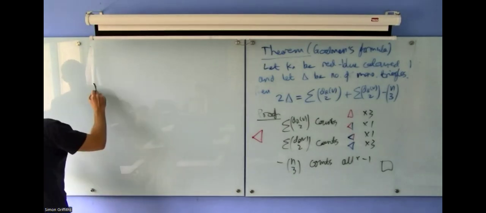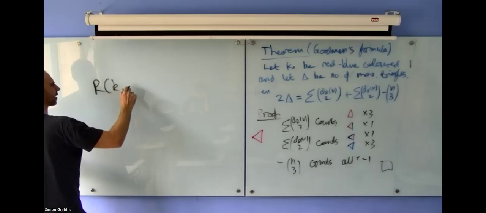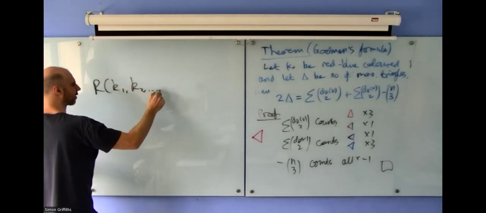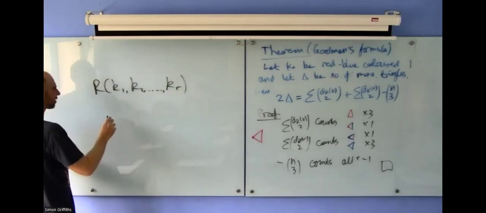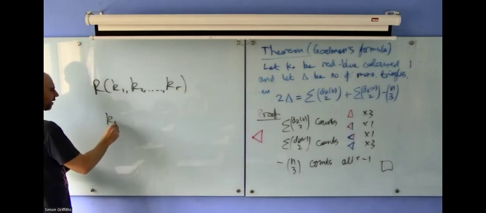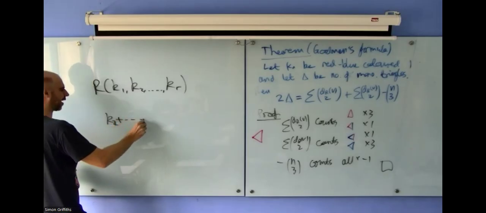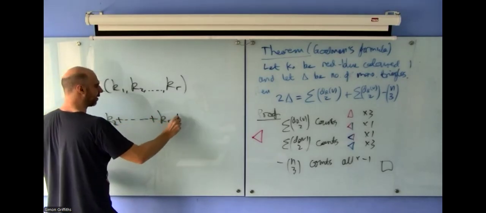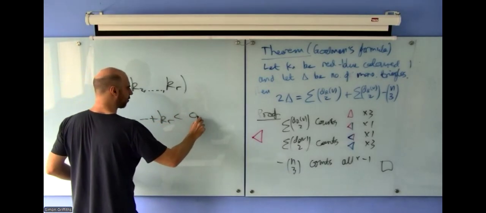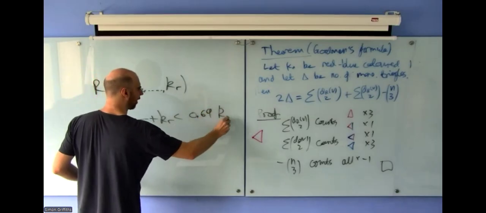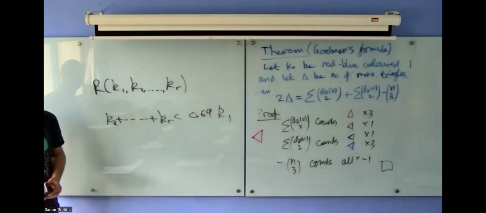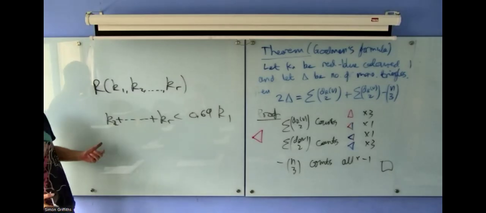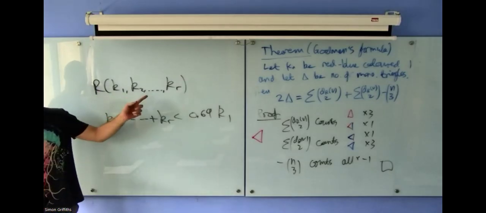But it works if one of the colors you're looking for a clique of is much bigger than the others. In particular, they got an improvement if the sum of all of the other sizes is at most 0.69 of the first. So this doesn't get you close to, if you think about the diagonal case, let's say K, K, K, then